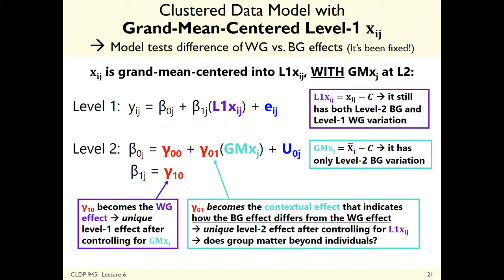So the contextual effect tells you, after controlling for the effect of the person, after controlling for whatever characteristic at the person level, what is the extra incremental additive contribution of the group? That's the contextual effect, and that's level 2. It's the extra effect that is not extrapolable from your individual information. So what is the effect of going to a rich school, for instance, after controlling for whether or not you're rich?